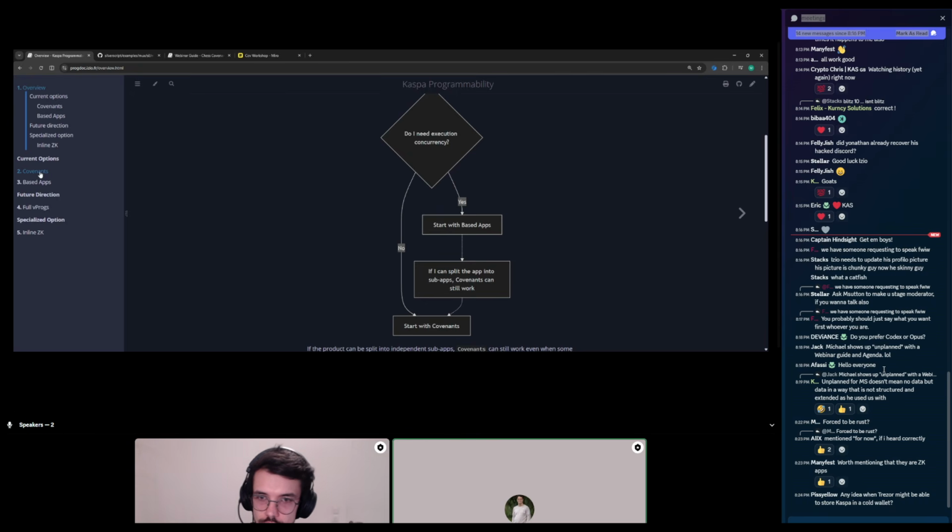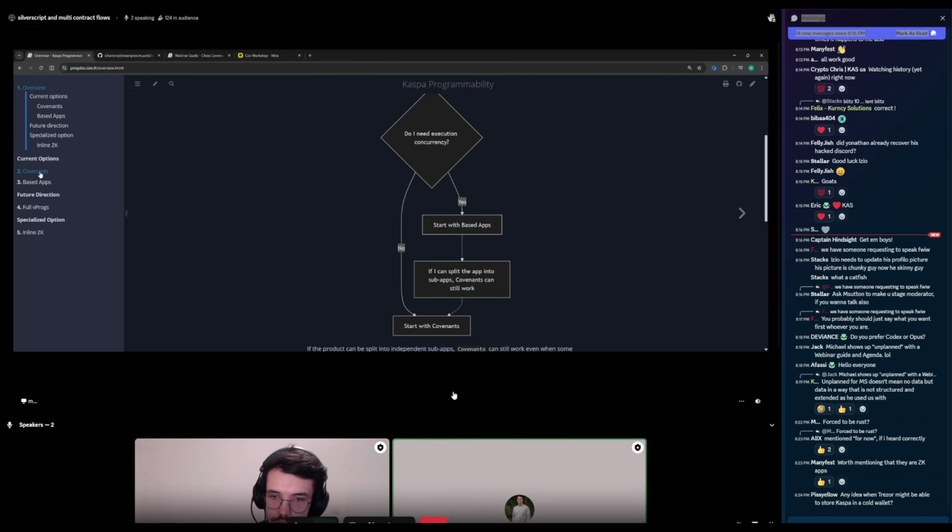But covenants mean that the script you're spending can actually say, okay, it's not enough for me to see your signature. I'm also going to verify who you're sending it to. So you're not the full owner in that sense. You're not free to send it to anyone else. You can send it as long as you're within the covenant rules boundaries.